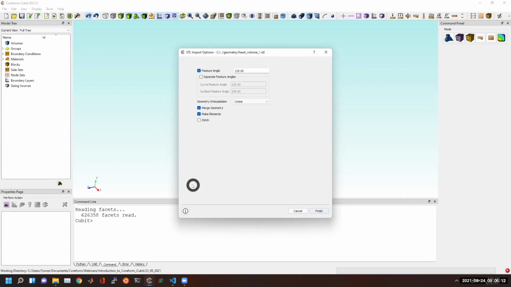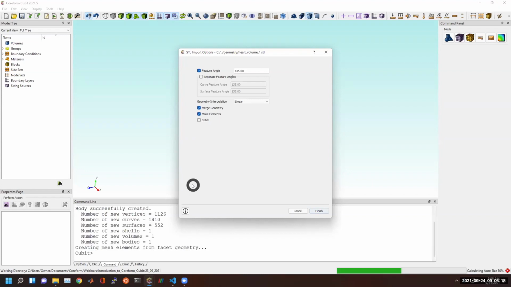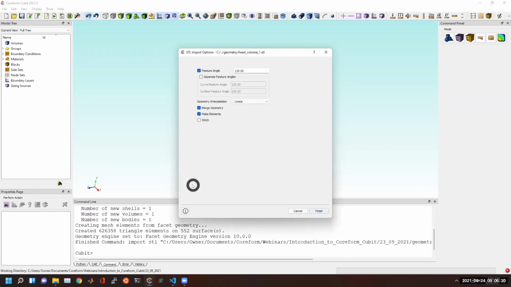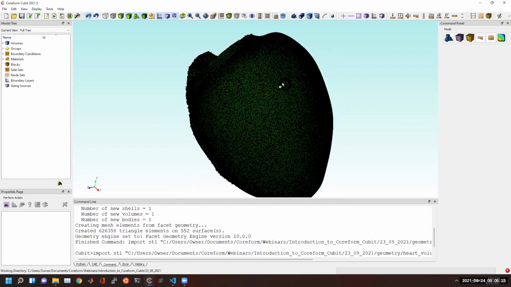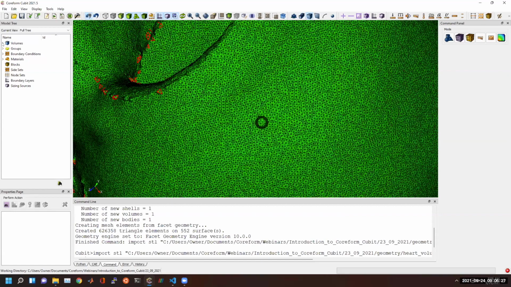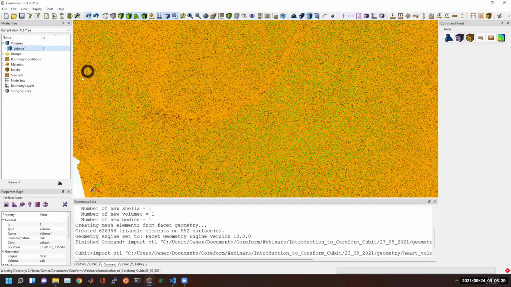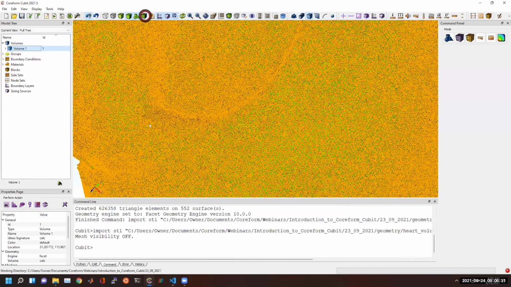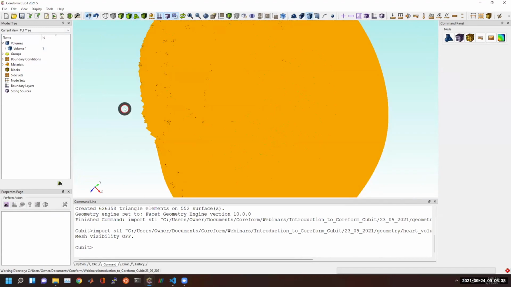As opposed to just having a facet-based geometry. And we're actually going to do two things here, or show two things. We'll show the disassociating of the triangle. So we've imported this, and what we'll see is that we've got a volume which is independent of the triangle. So if I turn off the mesh view,